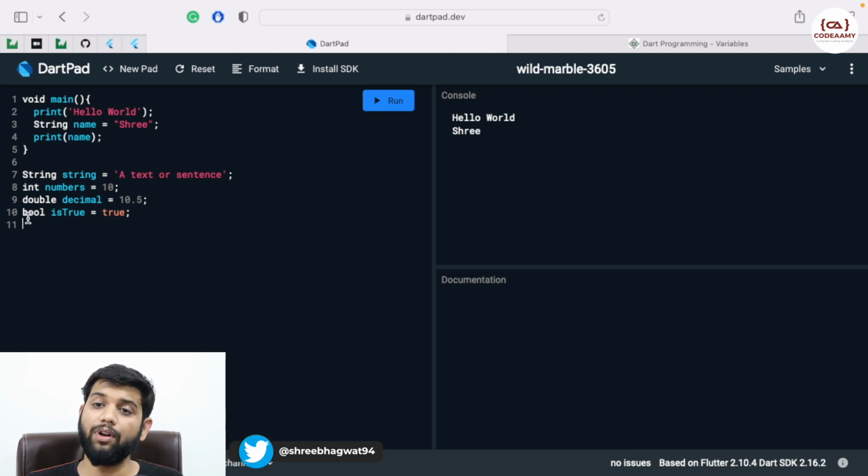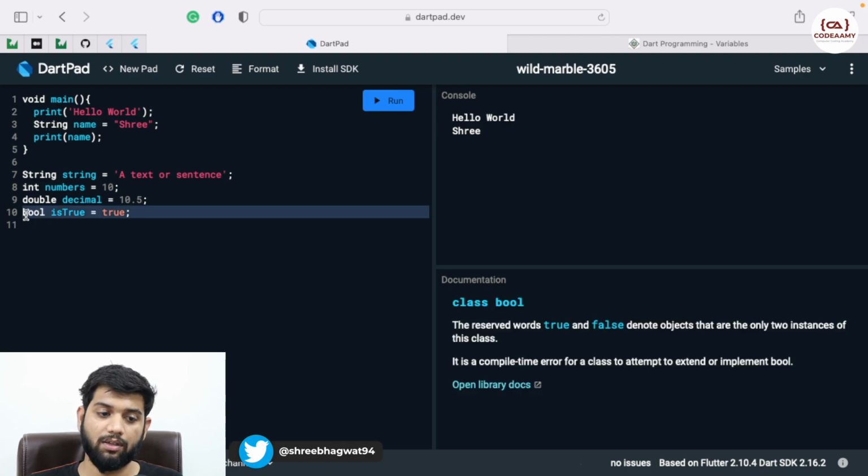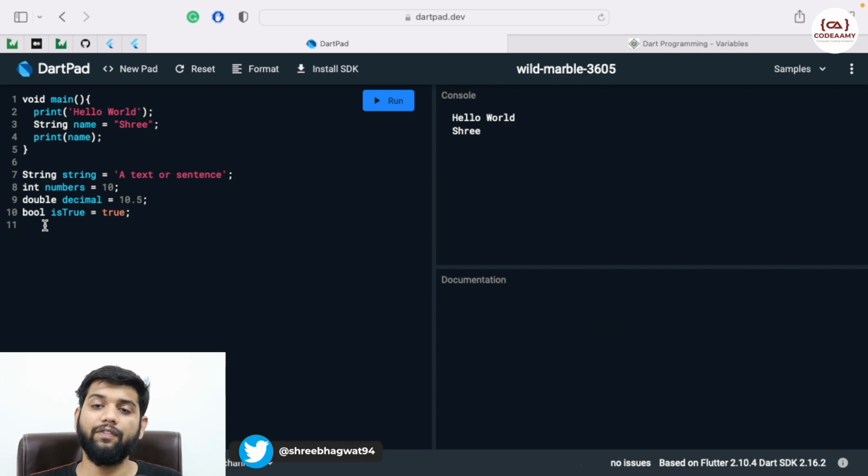So this is one more data type called boolean, which means true or false. So I can either give this variable the value of true or the value of false. Okay, so these are a few of the data types present in the Dart language.